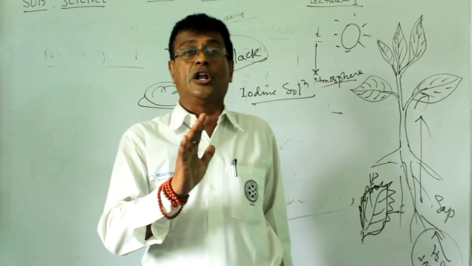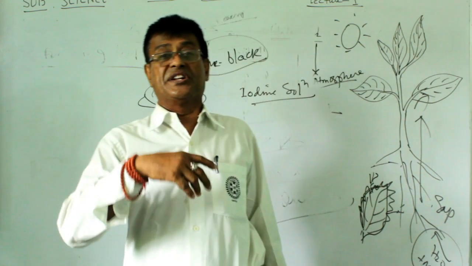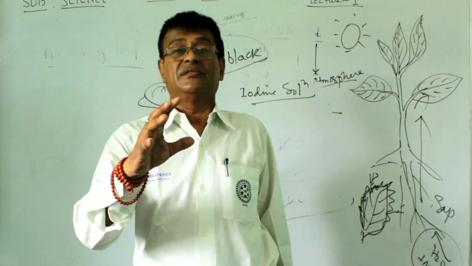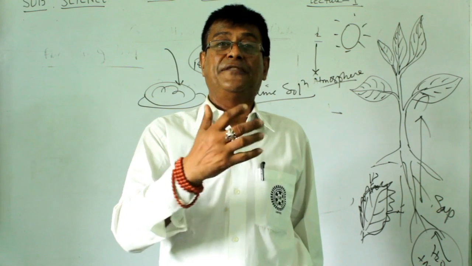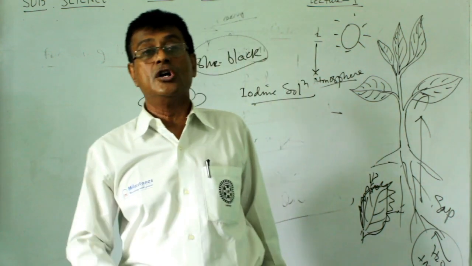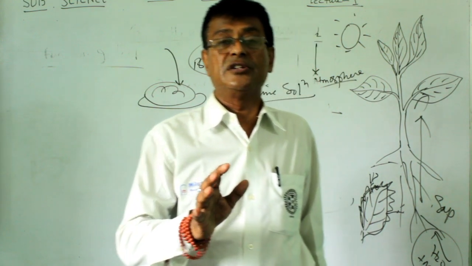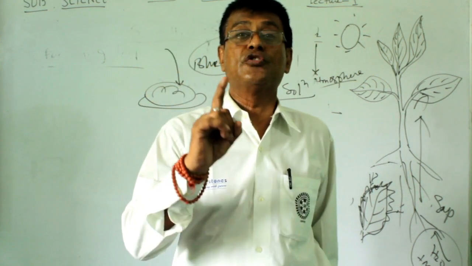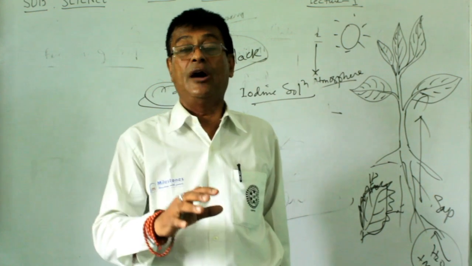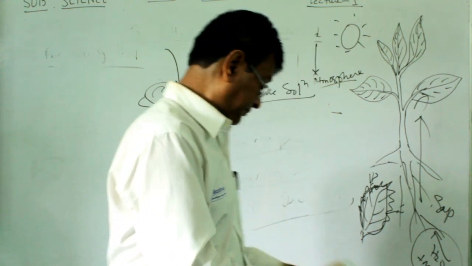And to your knowledge, 4.5% oxygen is used by human beings, and a 4.5% increase in carbon dioxide is done by human beings. And all this is made up by photosynthesis in the green plants. So there is an interdependence between animals and plants. We depend on plants for food. Why? The plants also require carbon dioxide to prepare the food. So there is a cycle, and this is how the ecological balance of the gases in the atmosphere is maintained.